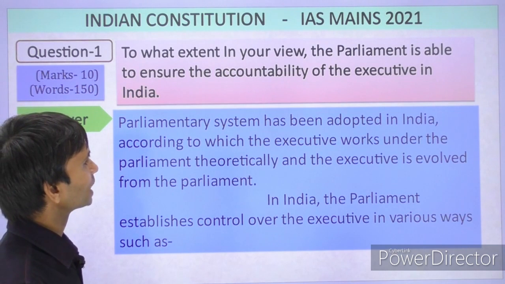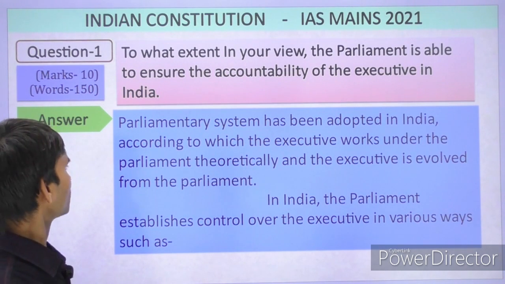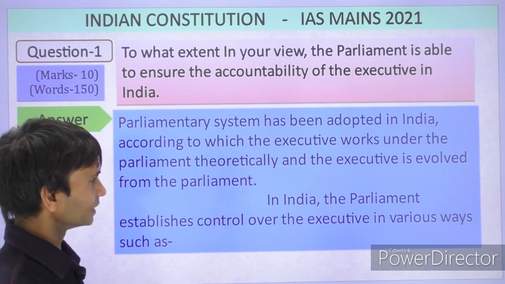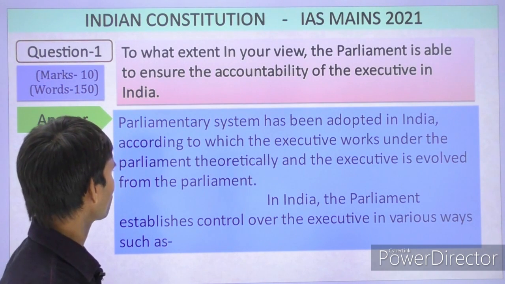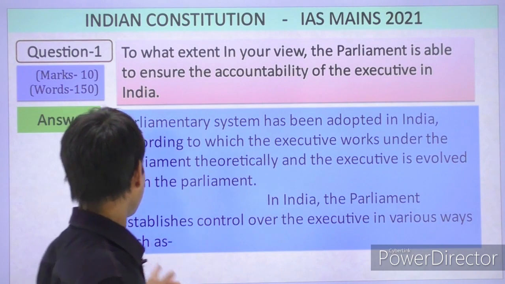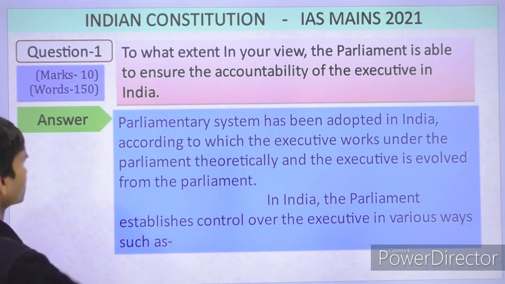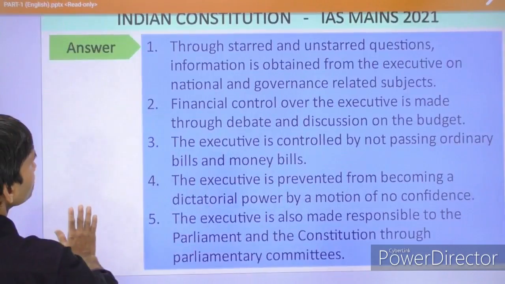The student has started: Parliamentary system has been adopted in India, according to which the executive works under the parliament theoretically, and the executive has evolved from the parliament. And he has changed the para. In India, the parliament established control over the executive in various ways, such as, and this is the second para,